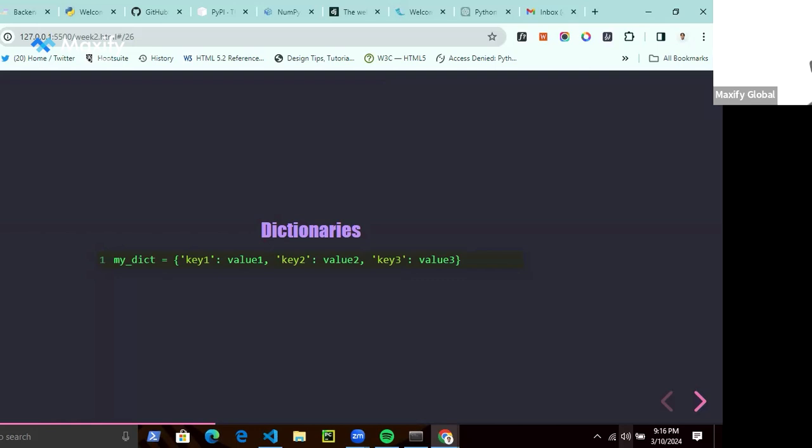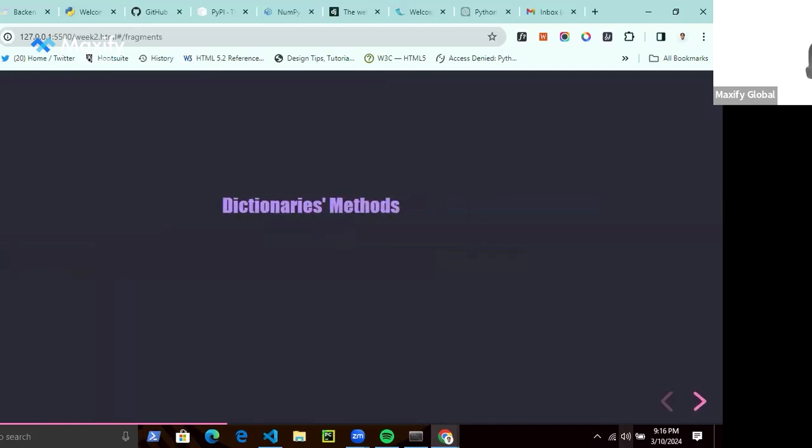The same way, a dictionary in Python has a key and a value pair. It's also a type of data structure. You use curly braces as the syntax for defining dictionaries. Dictionaries also come with certain methods: the get method, the keys method, and the update method.